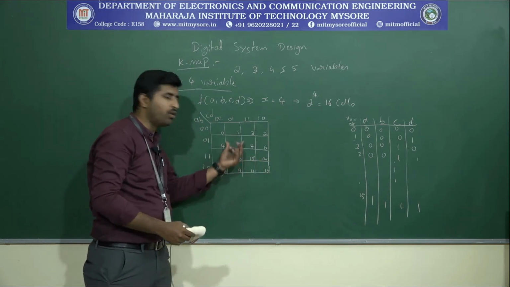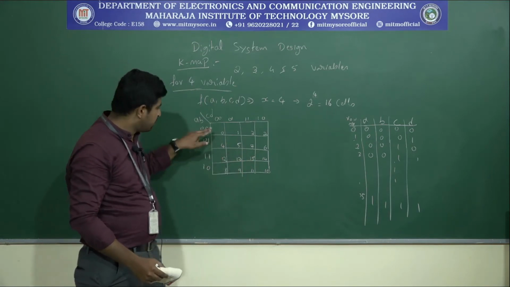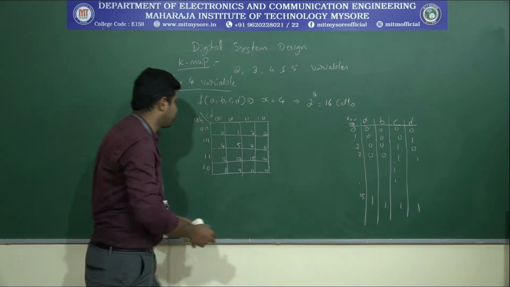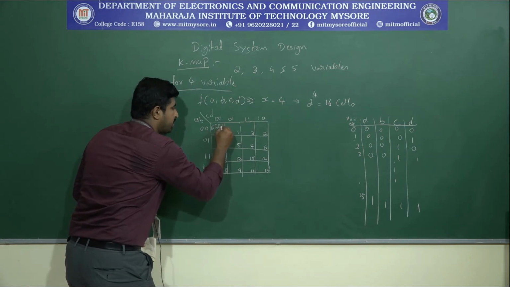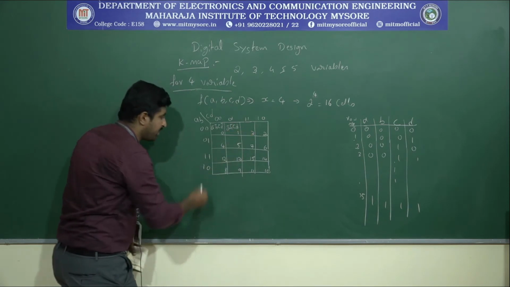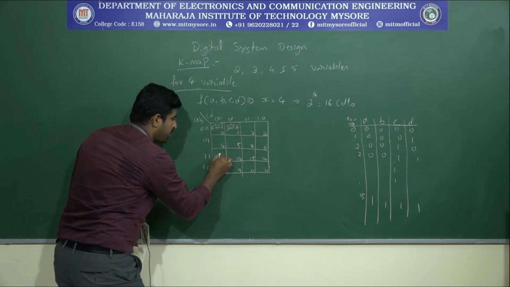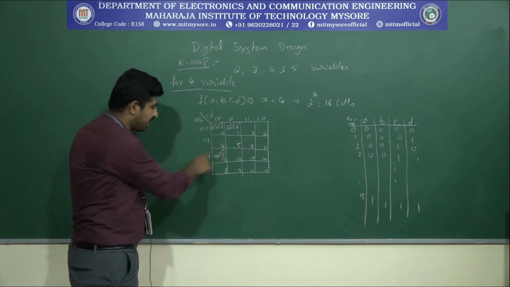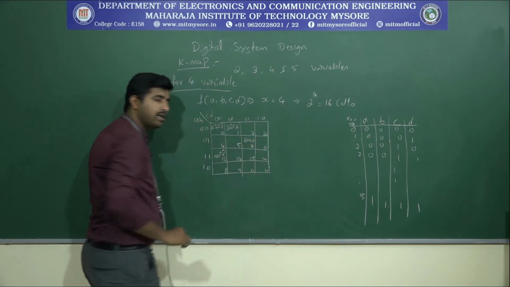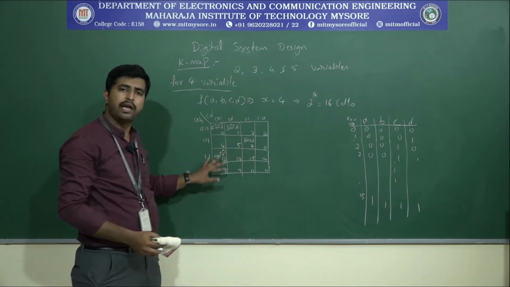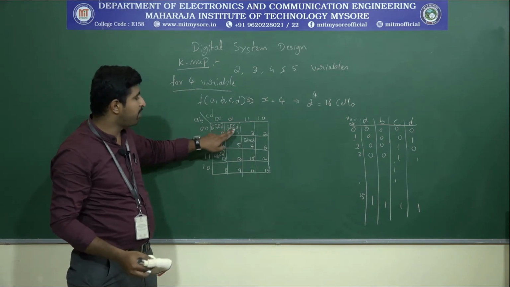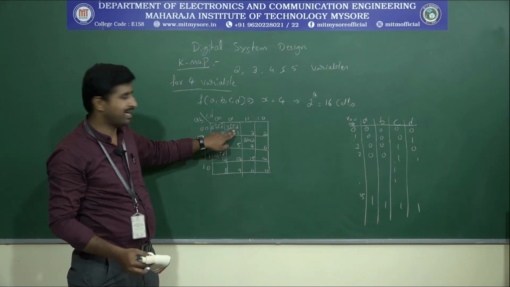So this is how we are going to write the 4 variable K map. Again, individual cells correspond to the min terms of the input combinations. So this corresponds to A bar, B bar, C bar, D bar; A bar, B bar, C bar, D. Similarly, this corresponds to A, B, C bar, D bar. Generally I am writing, okay. So this corresponds to A bar, B, C, D, like that, individual min terms. It can be max terms also. That means A plus B plus C plus D, and this corresponds to A plus B plus C plus D bar, like that.